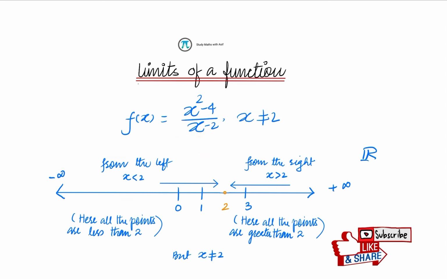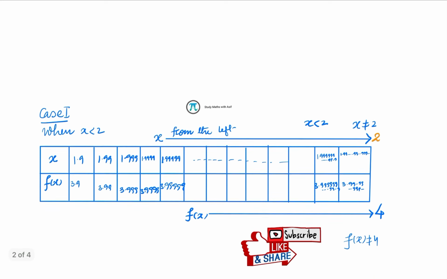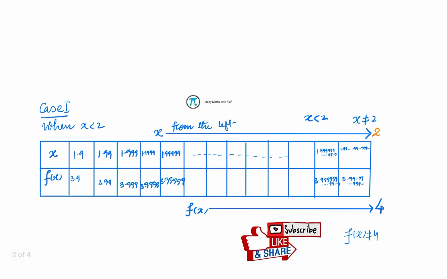So let's understand this with the help of a table. Here I consider some values of x which are close to 2 but not equal to 2. In the first case I consider the values of x which are less than 2. So just imagine what kind of values you can imagine which are less than 2. I am now considering these values here. It's just an illustration. You can have different values which are less than 2. This is not the final calculation. You can have any value which is less than 2 but close to 2.